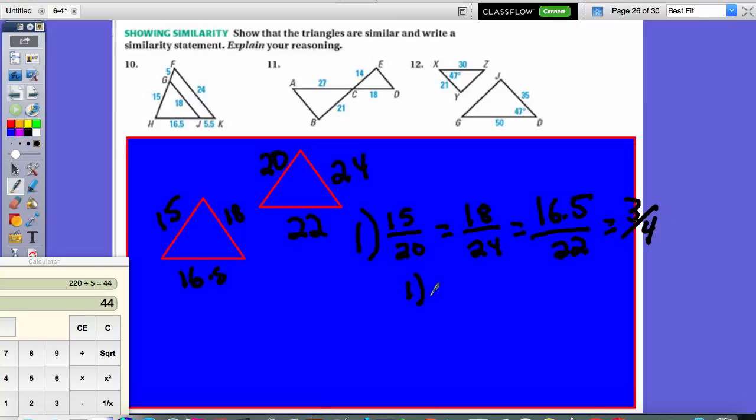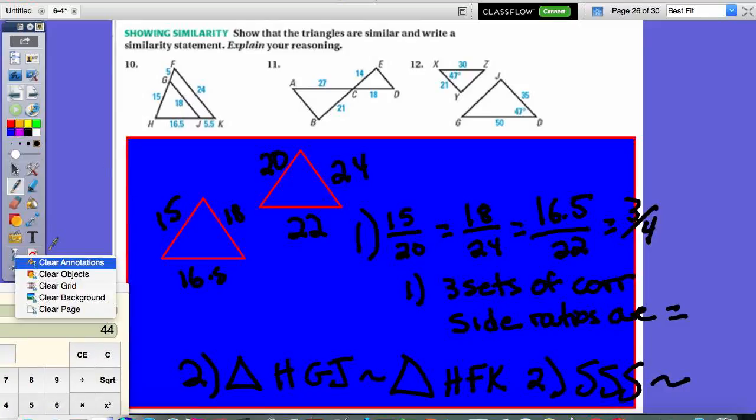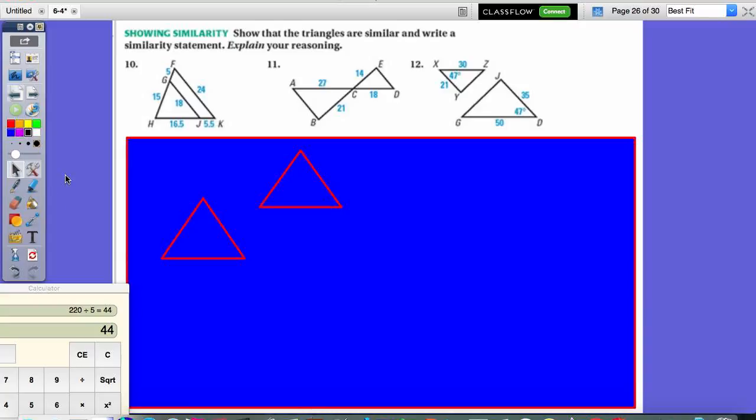So my reason for number 1 was I had 3 sets of corresponding side ratios are equal. And then for step 2, triangle HGJ is similar to triangle HFK. And in this case, it was side, side, side, similarity postulate. So I could do that one either way. For number 11,